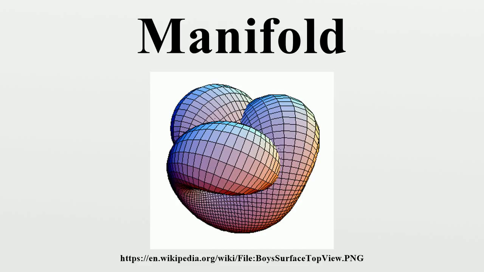Motivational examples. Circle. After a line, the circle is the simplest example of a topological manifold. Topology ignores bending, so a small piece of a circle is treated exactly the same as a small piece of a line. Consider, for instance, the top part of the unit circle, x² + y² = 1, where the y-coordinate is positive. Any point of this arc can be uniquely described by its x-coordinate. So, projection onto the first coordinate is a continuous, and invertible, mapping from the upper arc to the open interval.